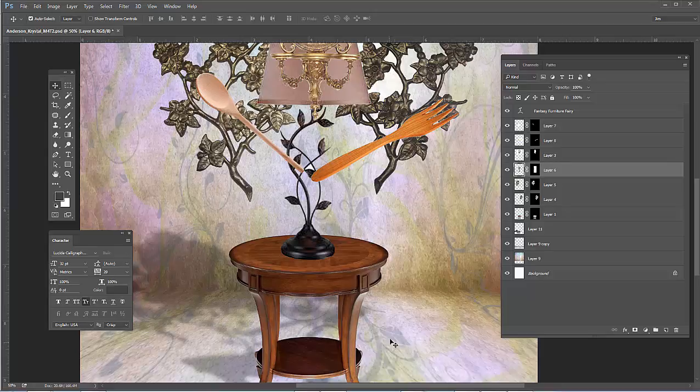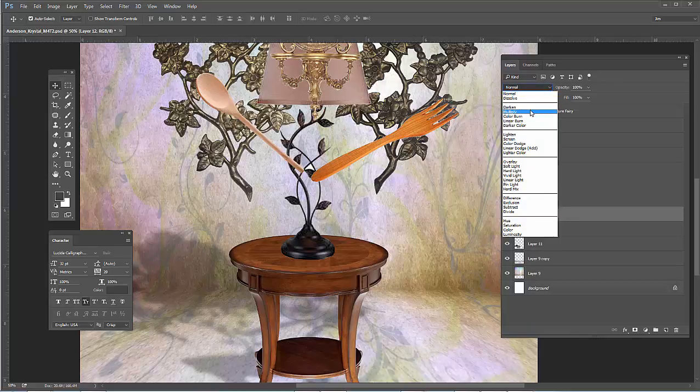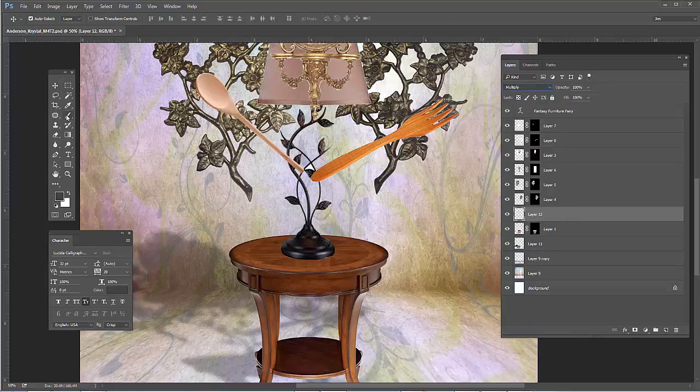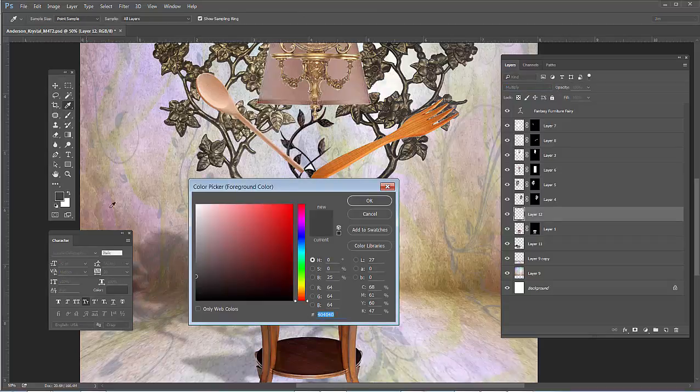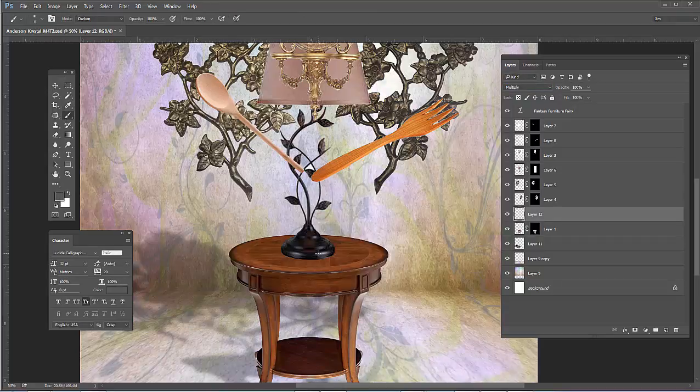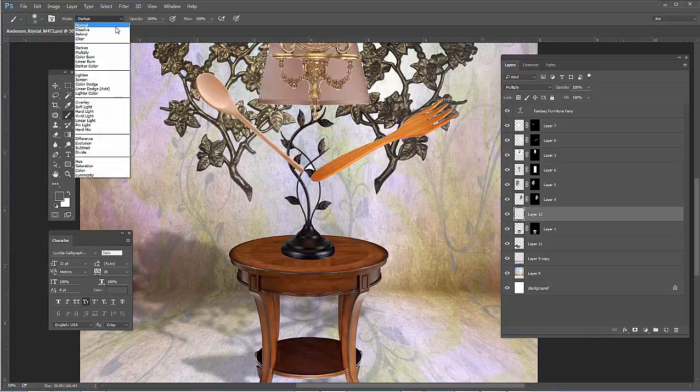I would click on the table with the move tool, select that table layer, create a new layer above that, put that layer immediately into multiply mode, go to your paintbrush, and click on the foreground color and select a medium to a dark gray. And then with your paintbrush back in normal mode,